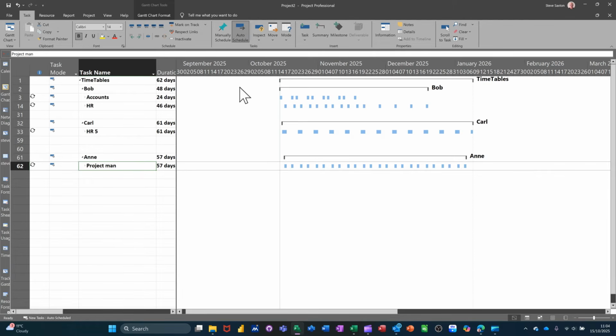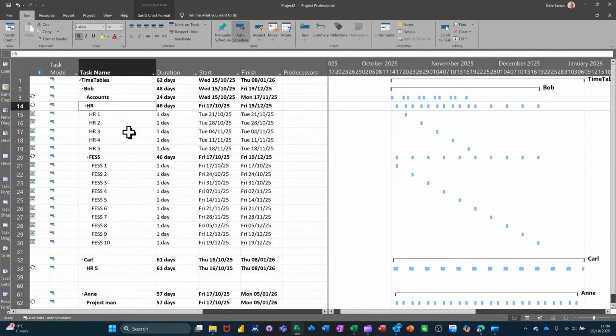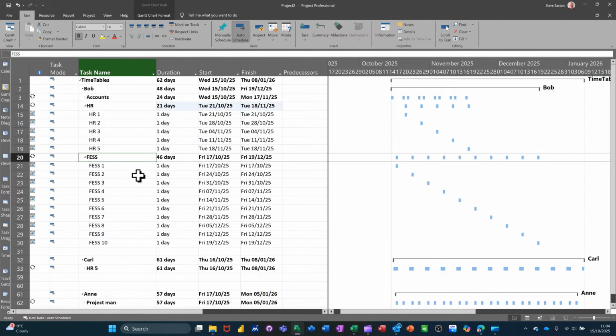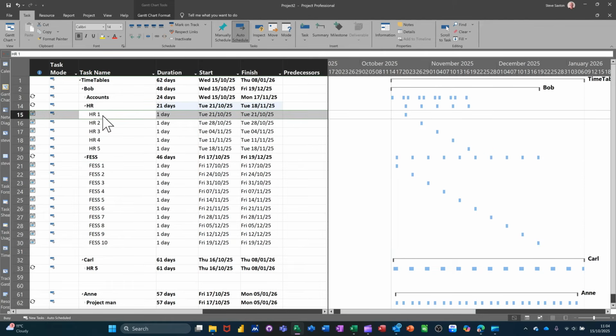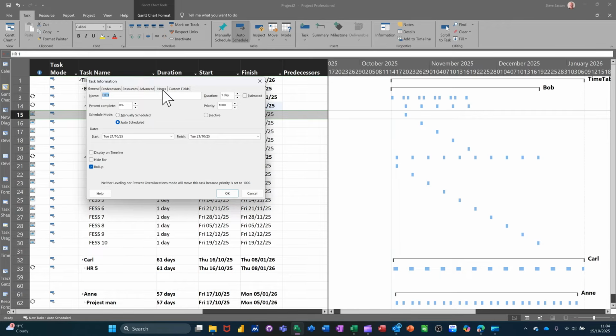Now you can add things inside of these. If I just move this curtain across again, that's not the technical name, but it's as good as any. If I go, say, into HR, open that up, what you can do in terms of individual sessions, so I've got Fest there, that needs to be outdented, so it's in the same line as the other ones. So I could double click on HR1, for example, and in the notes area of HR1, I can